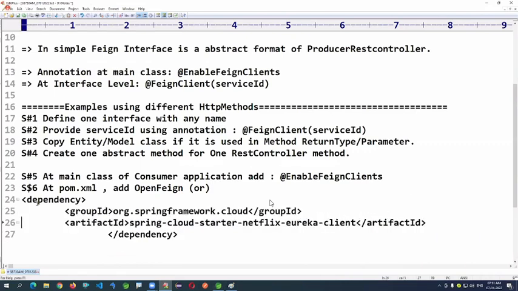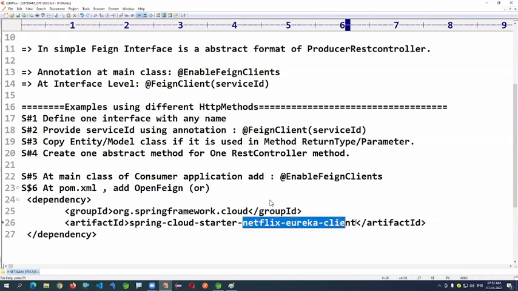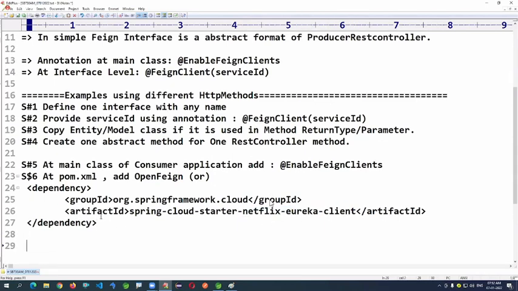This one you need to add: Netflix Eureka Feign client. These are the steps.